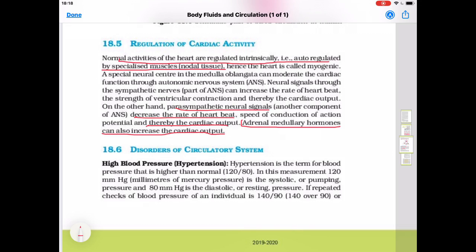Next is disorders of the circulatory system. First is high blood pressure, that is hypertension. Hypertension is the term for blood pressure that is higher than the normal. Our normal blood pressure as a human being is 120 by 80 mm of mercury. In this measurement, 120 mm of mercury is the systolic or pumping pressure, and 80 mm of mercury is the diastolic or resting pressure. If repeated checks of blood pressure of an individual is 140 by 90 or higher, it